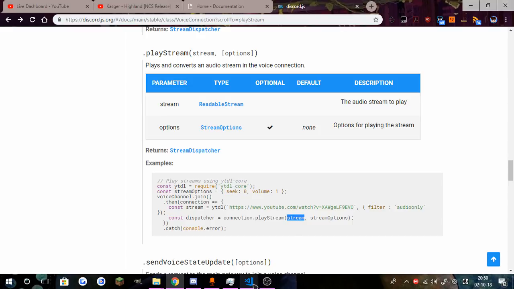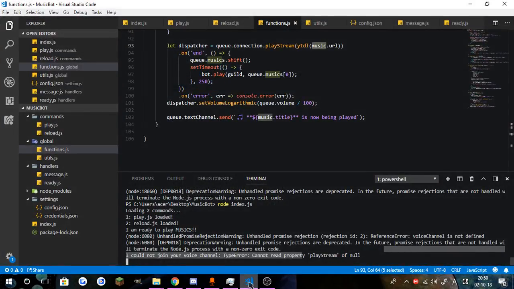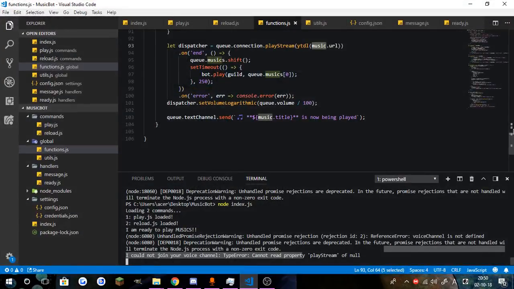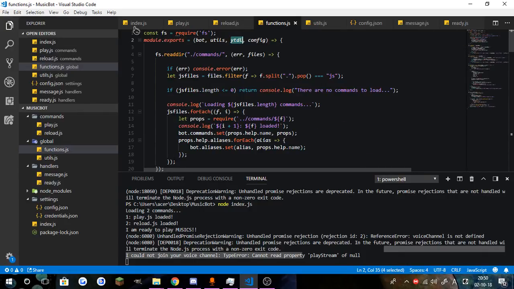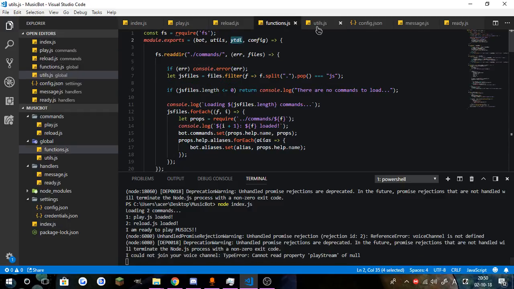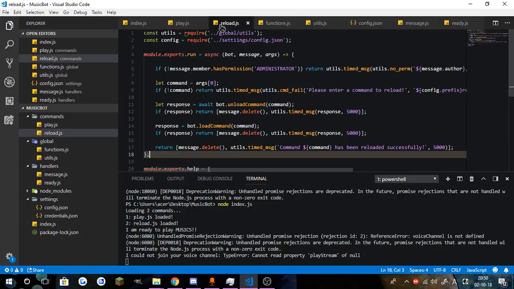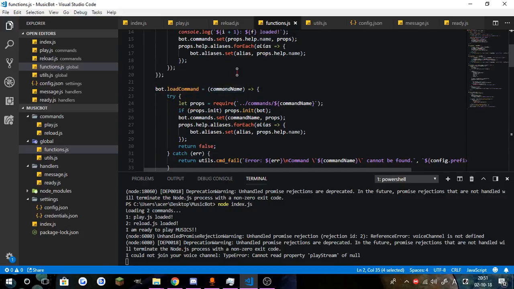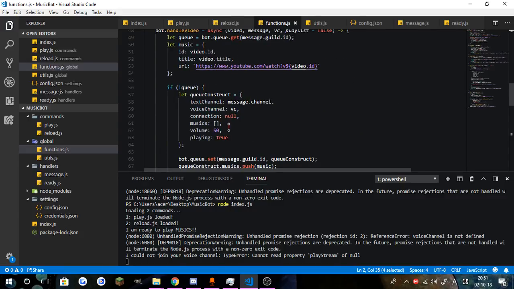YTDL stream and YTDL index, YTDL core. It's playing null apparently. It's not adding the song to my queue. That means it's not adding anything. According to what I'm understanding, it's not adding to the array. So